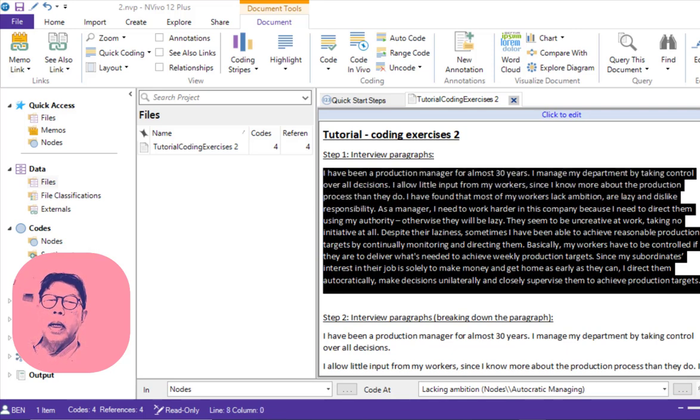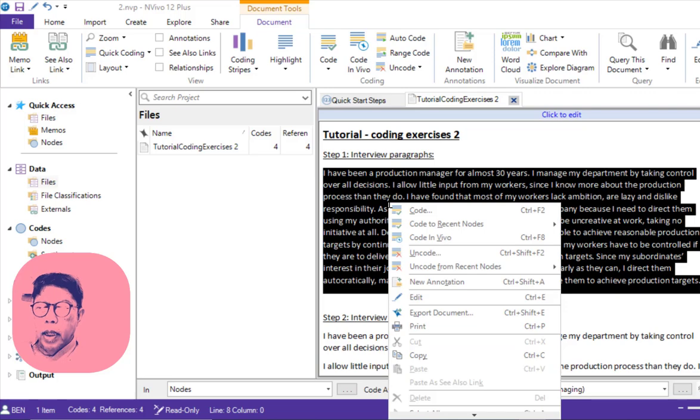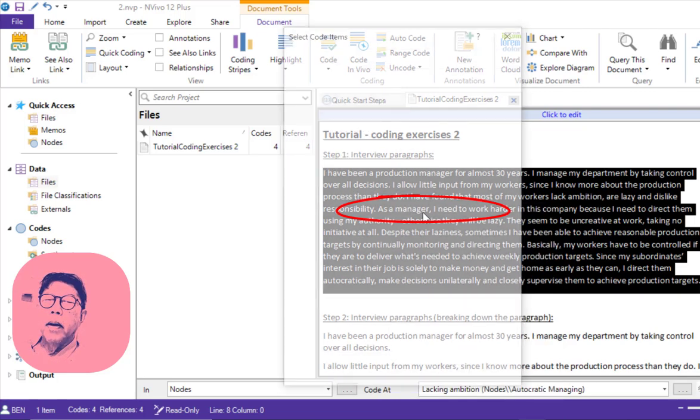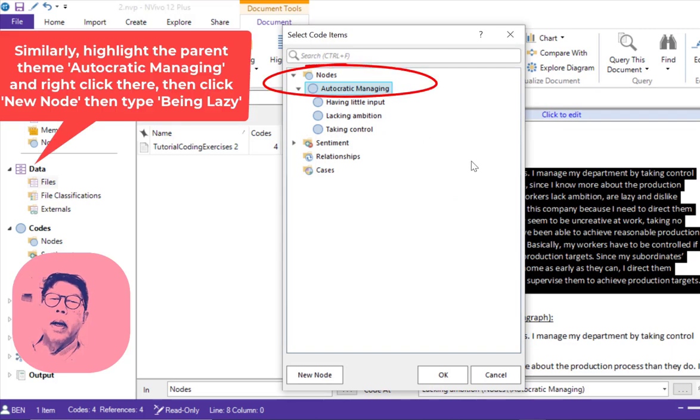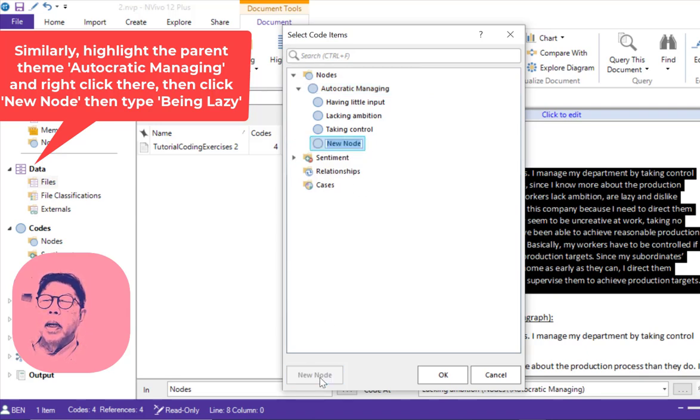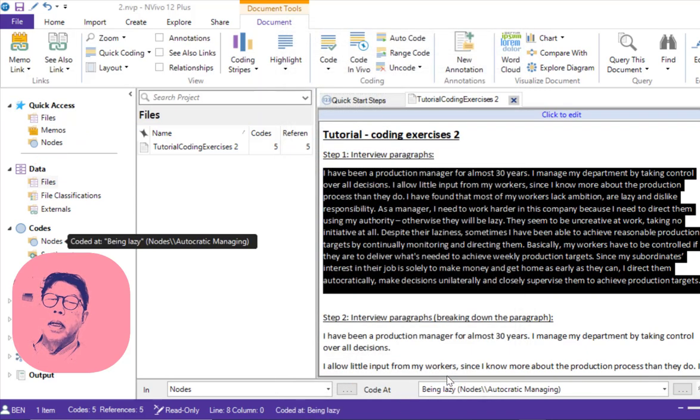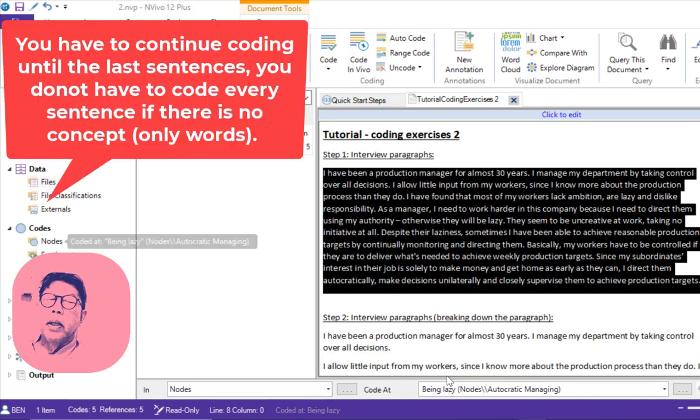Highlighting them, right click, click code, and click the parent. Being lazy. And then click OK.